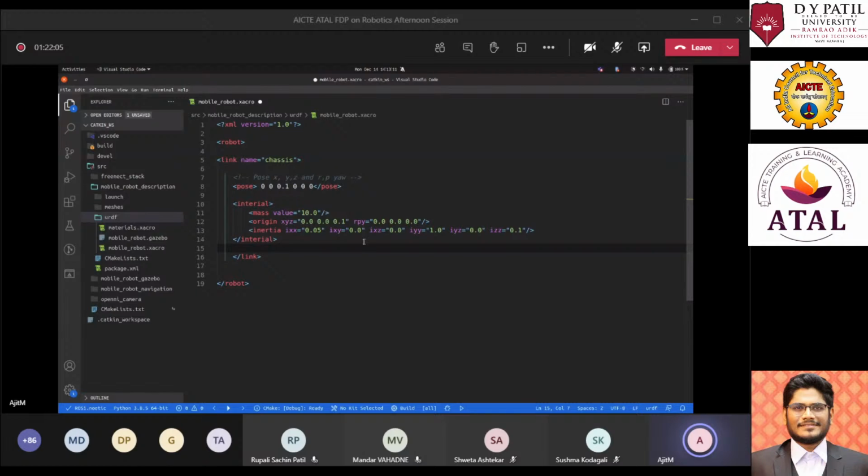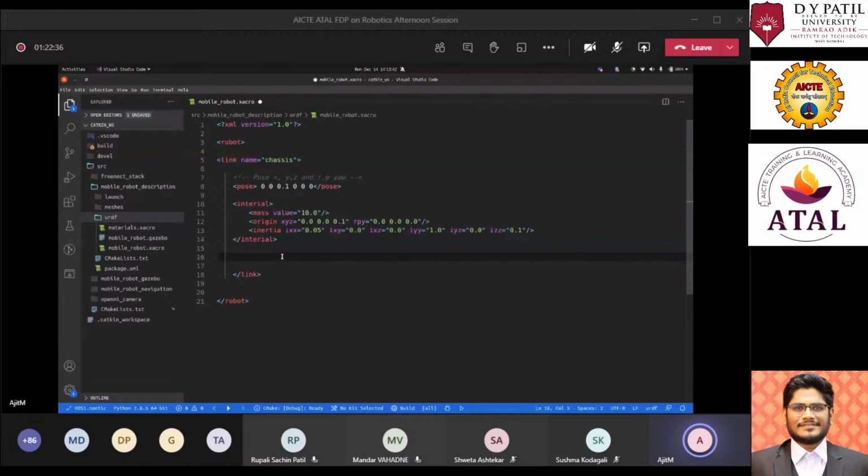Next thing when it comes to defining a link is the collision, or what will be the geometry of the collision and what will be the name of that collision tag.